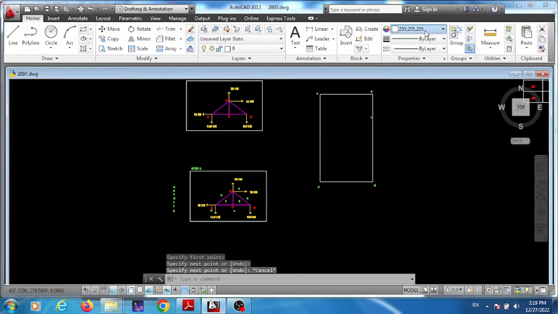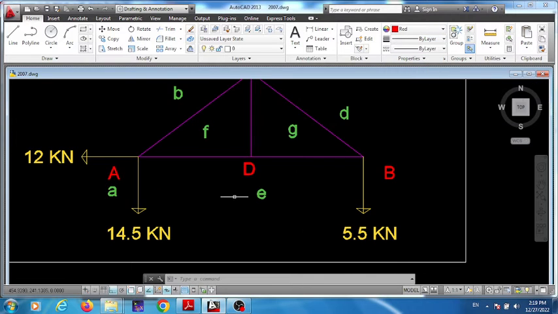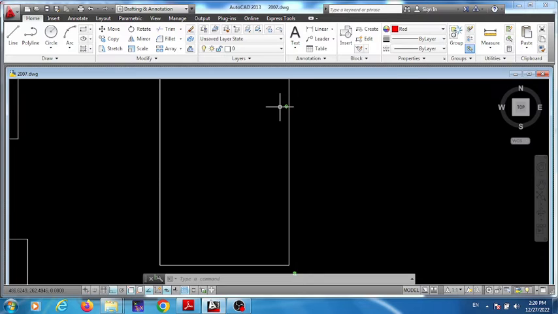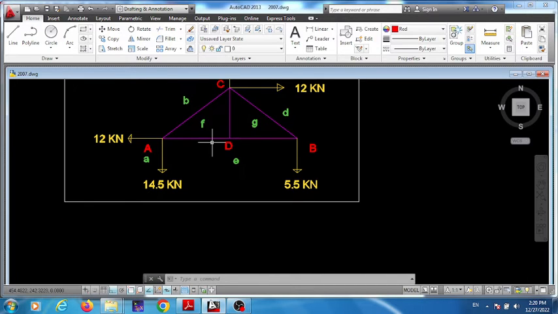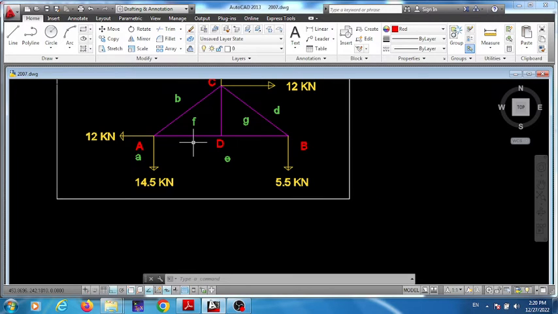Okay, now next is, see here E and F, there are two letters, and in between E and F there is a horizontal line ED. Now we have letter E with us but we don't have letter F, so there should be a line passing from E and at a certain distance there will be F. So we don't know EF is positive or negative, or it is on left hand side or right hand side.